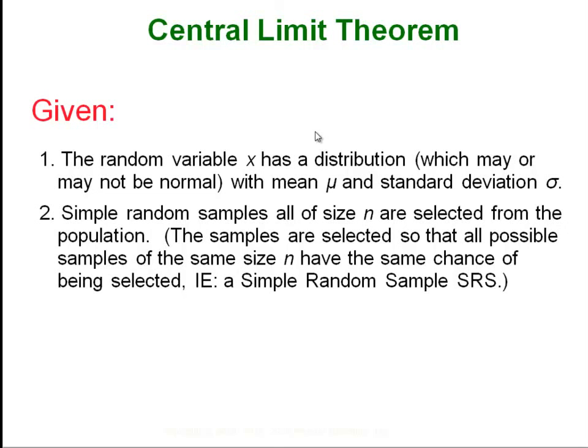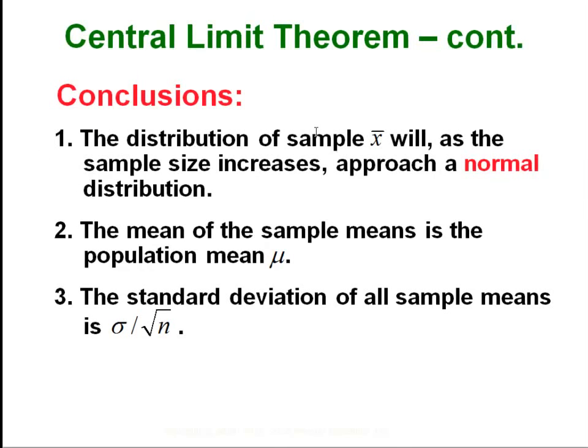So those are kind of the criteria that have to be taken into consideration when we try this. And if we do that, we know that the distribution of the sample mean will always approach a normal distribution. We know that the mean of the sample means is going to match up with the population mean perfectly, and we know the standard deviation of all the sample means is going to be the standard deviation of the population